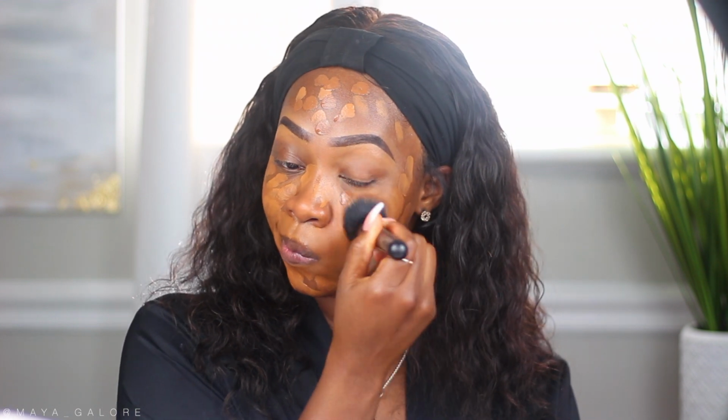And we're going for full coverage today, obviously. Then I'm just going to take my blending brush and blend this out. And typically I do like to use my beauty blender to blend out my foundation. However, first of all, to me it's faster. Number one, so if you're looking at this to try to find something quick, this probably ain't the tutorial for you. I am going to do another one like that for my ladies who are rushing like in the morning